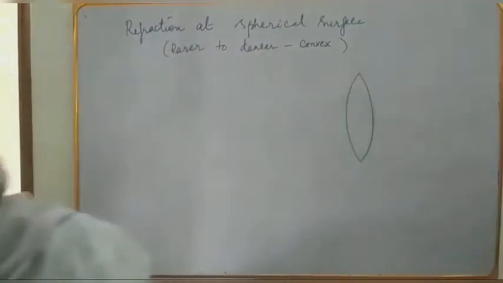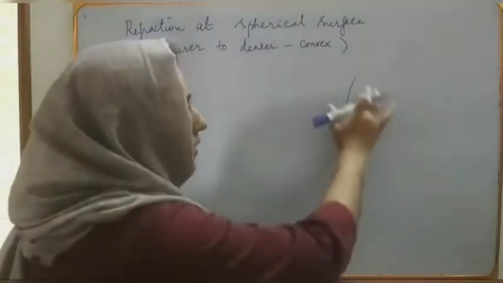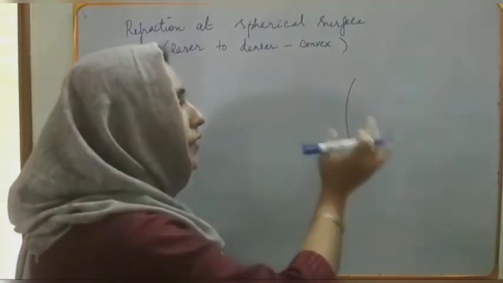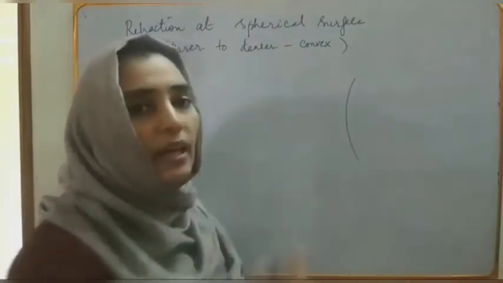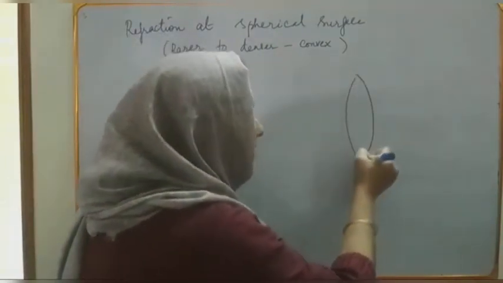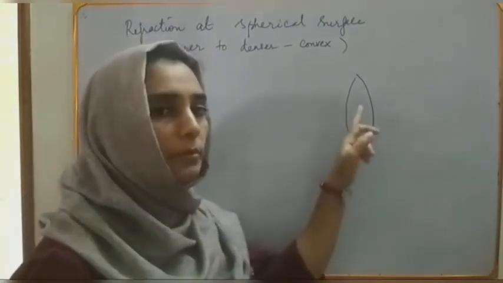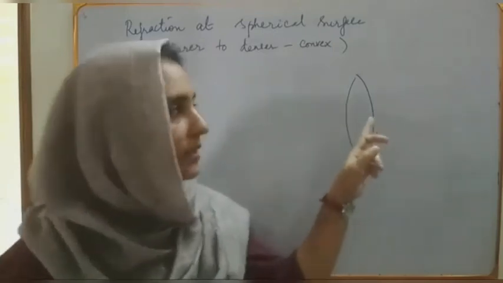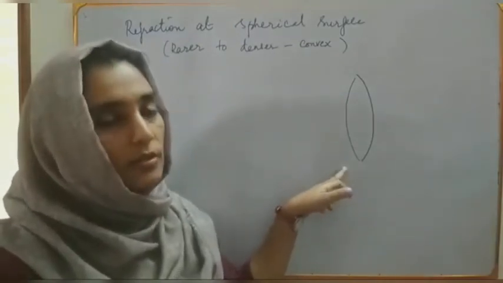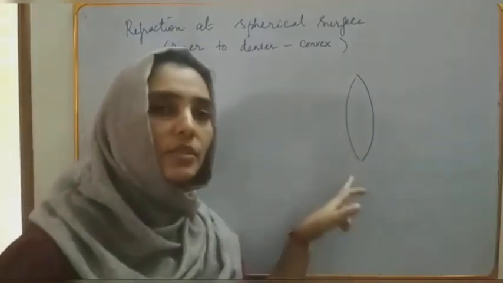Suppose this part of the lens is not there. We consider it separately. So what will happen? An object placed at this position will form an image somewhere inside the lens itself. And we know that there is another part of the lens which is a concave surface also. So the image formed by the first convex surface will act as a virtual object for the second concave surface. That is how the final image is formed by the combination of these two spherical surfaces.